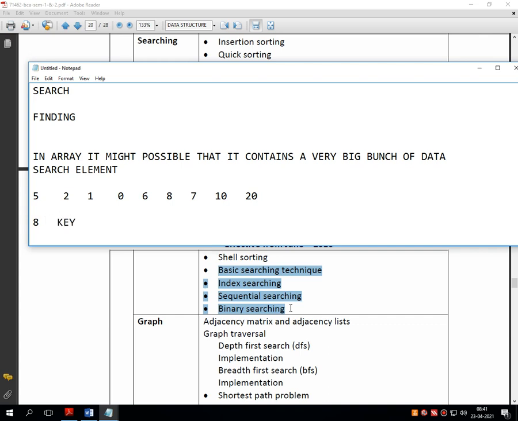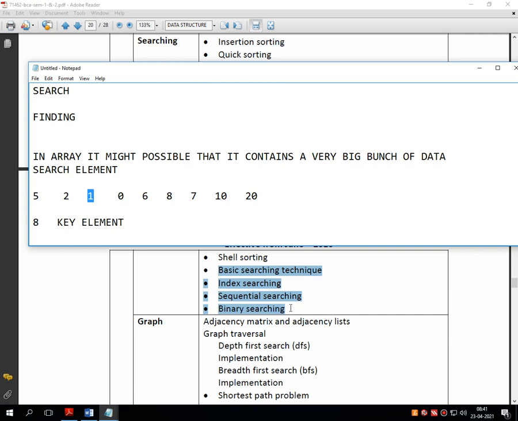The number which we want to search is called the key element. Whatever key element we want to search from the entire list, we need to compare the key element with all the elements of the array. That means we are comparing 8 with 5. The search is unsuccessful. Move on. Compare 8 with 2. Search is unsuccessful. Move on. Compare 8 with 1.